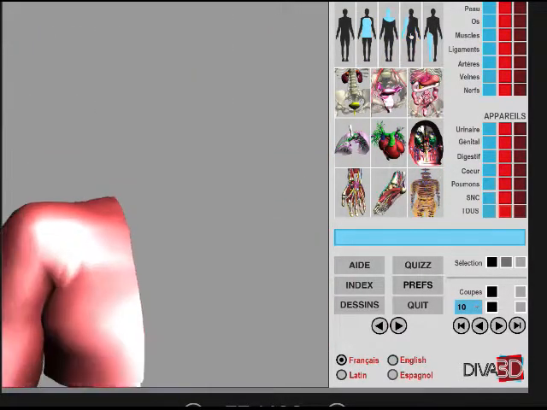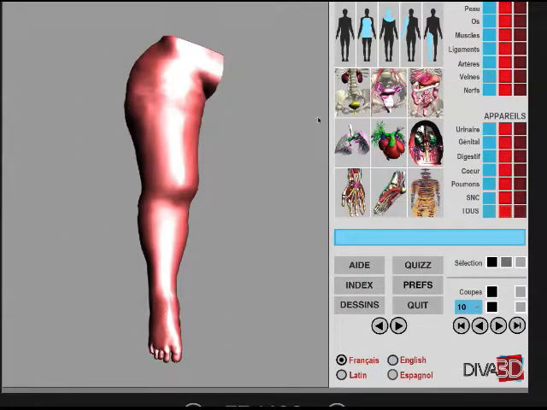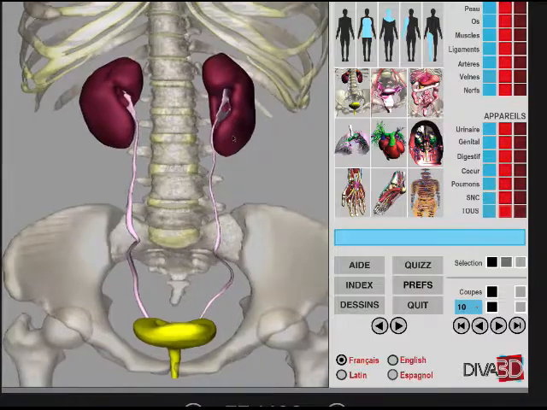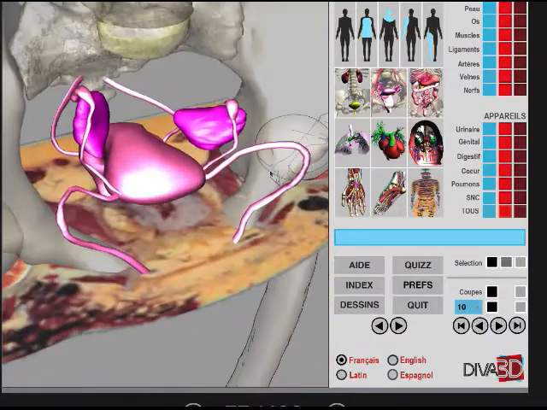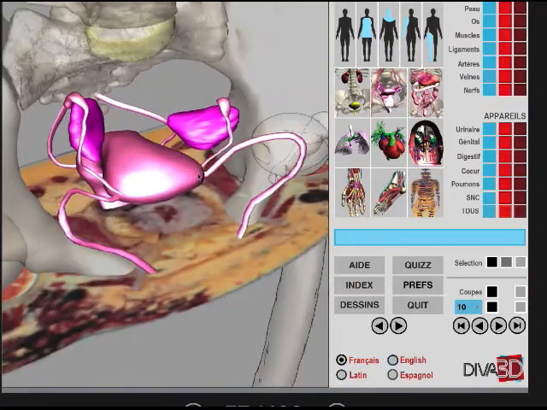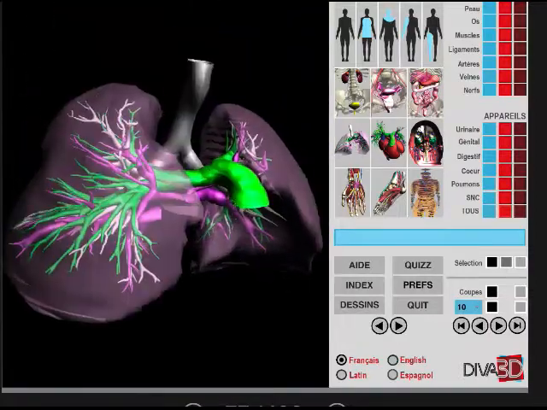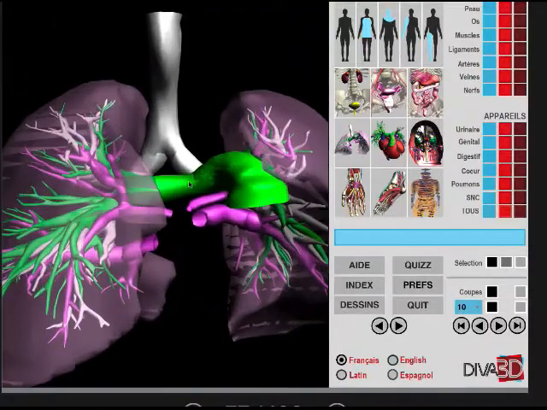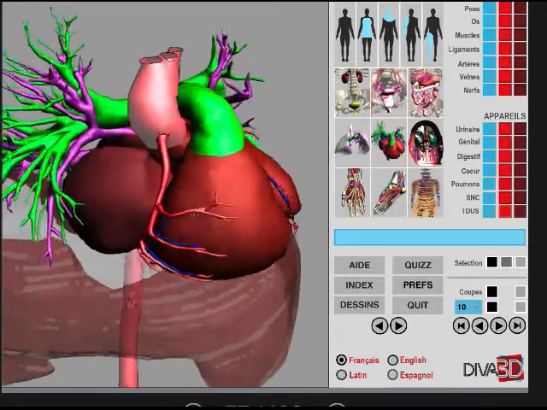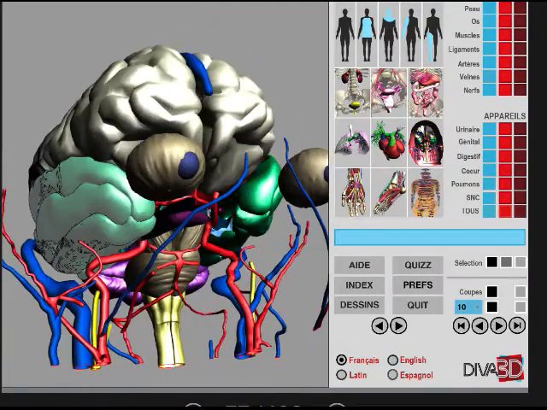You can select a part of the body with the buttons, upper limb, lower limb. You can use also and select a system. This is a urinary system. This is a genital system. You can see that we can display a slice inside the model. This is a digestive tract, pulmonary system, the heart and the vessels, the brain,